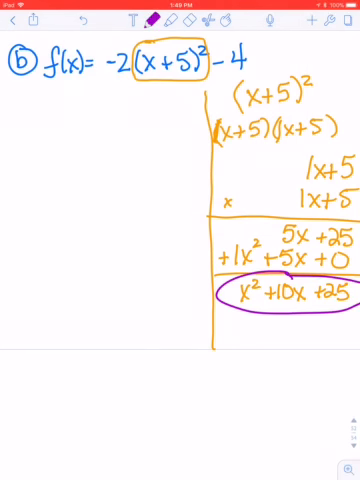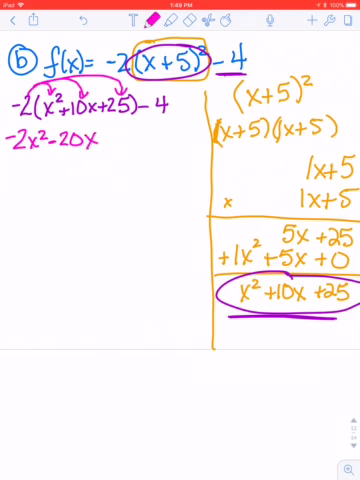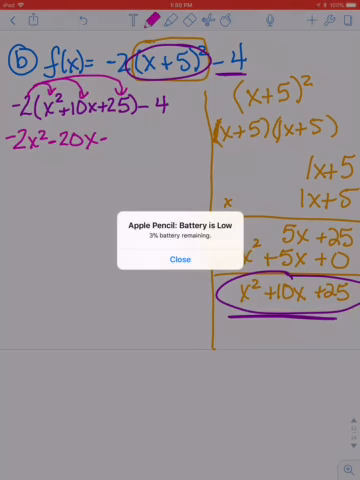Now I need to take this and put it in this spot. So it has a negative 2 in the front, and then in parentheses, I'm going to put what I got down here. So x squared plus 10x plus 25, and then I'm going to bring down this minus 4. Now I need to distribute this negative 2 to every value. So negative 2 times x squared is negative 2x squared. Negative 2 times 10x is negative 20x. Negative 2 times positive 25 is negative